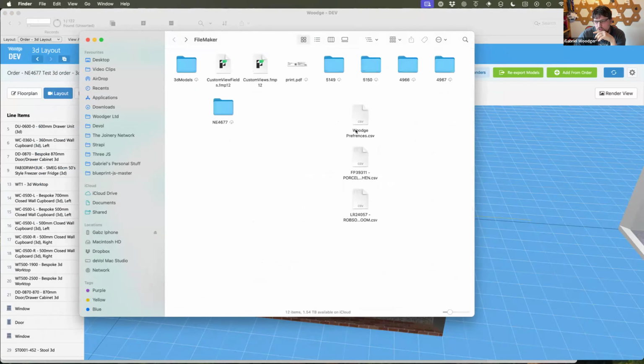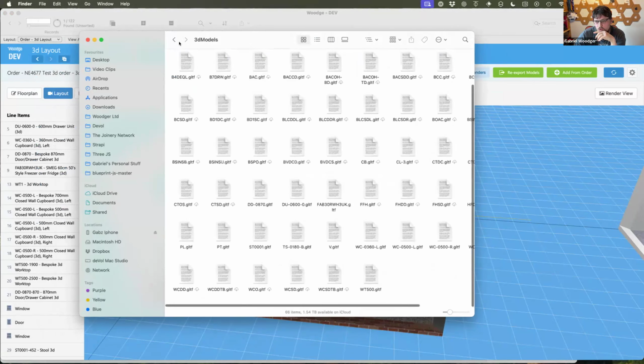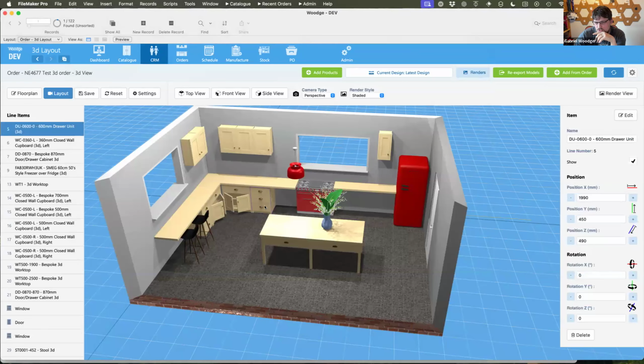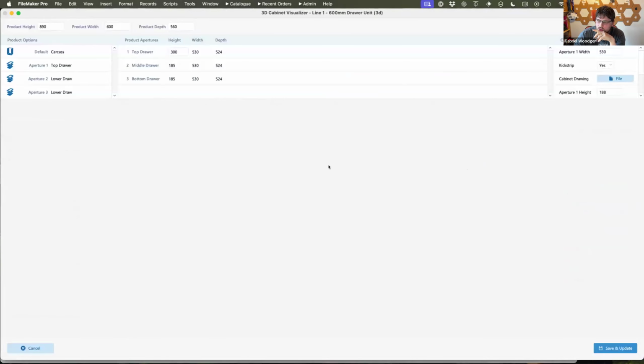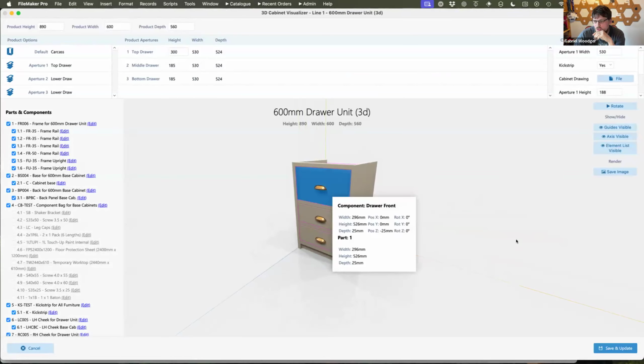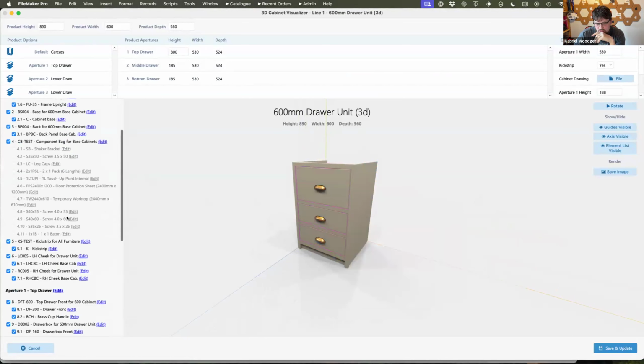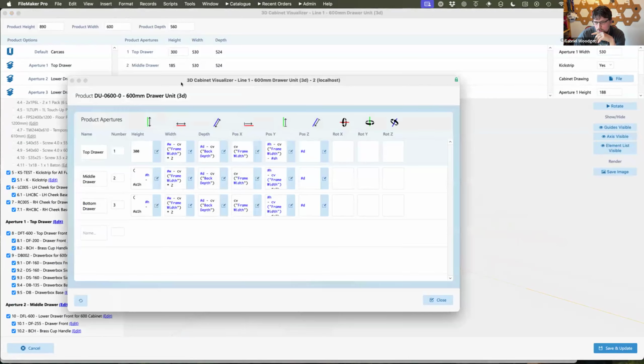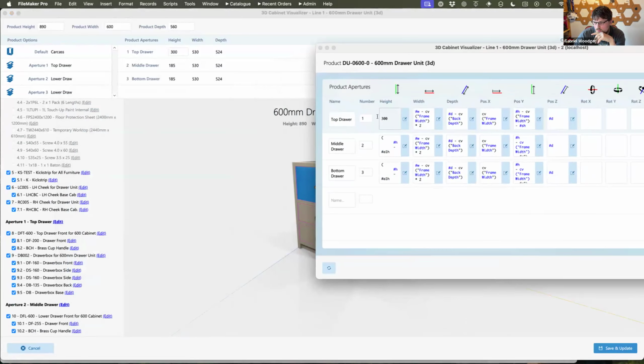So actually what we do is save out the standard 3D models into here, but then in some instances we might need to make a modification to that particular model. So it's not the standard one, we want to change the size of it. And this will then load up the cabinet configurator customizer, which I can then change, make whatever changes are required. Say I'd like to change the height of that top drawer from 300 to, let's make that 100, have a very narrow drawer at the top.